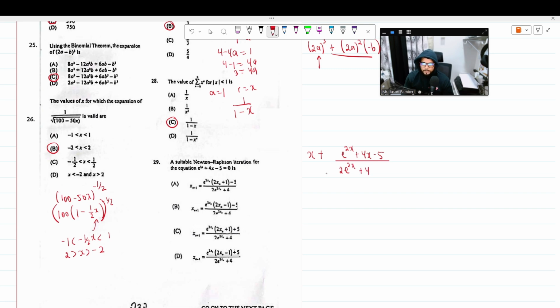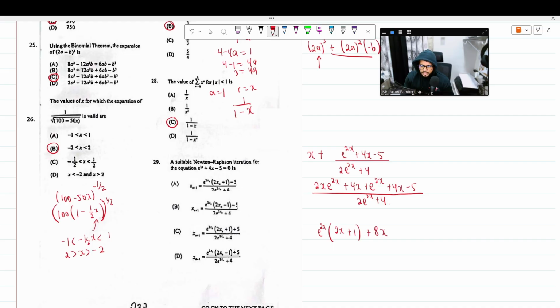Cross multiply, I'm going to get 2x e to the 2x plus 4x plus e to the 2x plus 4x minus 5 over 2e to the 2x plus 4. As seen in the answers we have, it was factorized. Alright, so let me factorize the e to the 2x. So I'm going to get e to the 2x into 2x plus 1